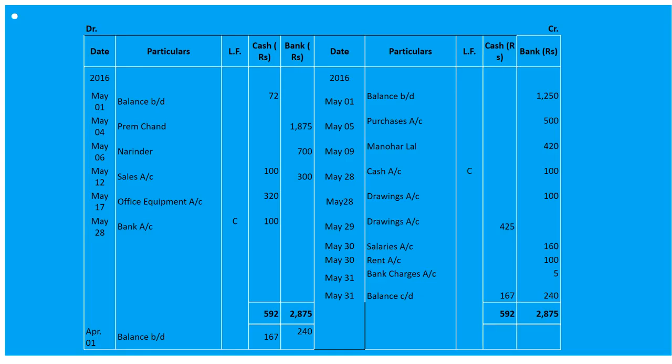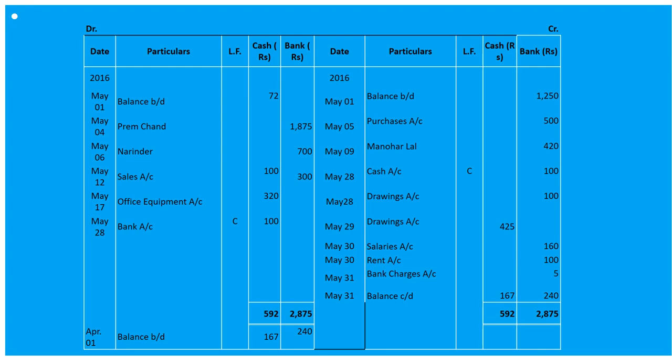On 20th, received a check from Naresh in full settlement of 460. This check is endorsed to Suresh on 24th May in full settlement of his account. So beta, the check received on 20th May and endorsed on 24th May will be done through journal proper in working notes. Fine. On 25th also, it is given like received a check and it was endorsed to Raj Prakash. It will also be done through journal proper in working notes.